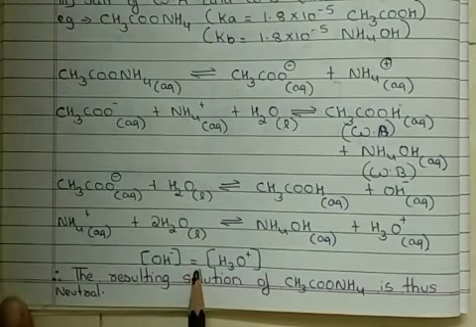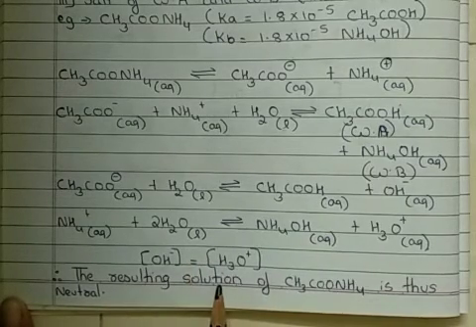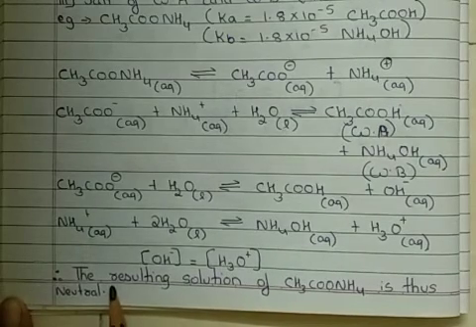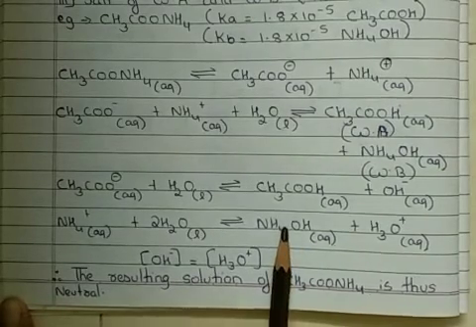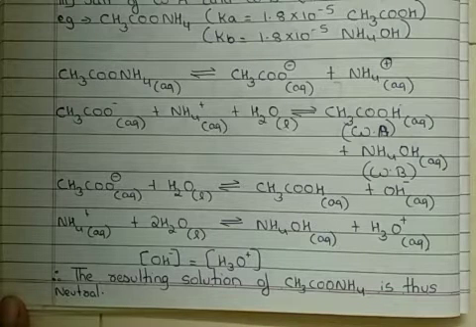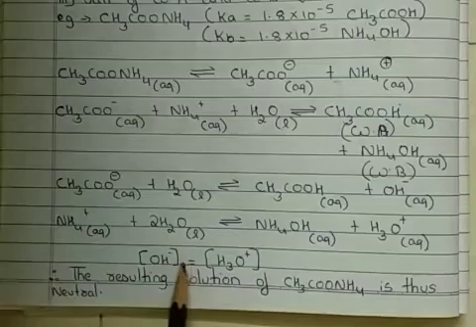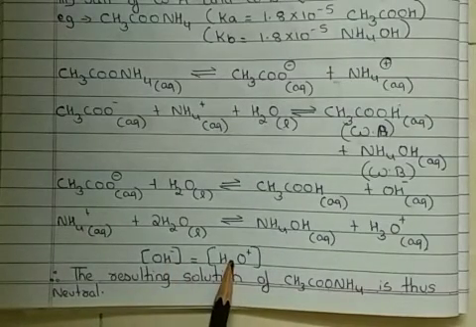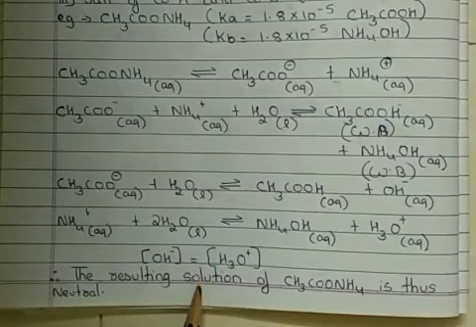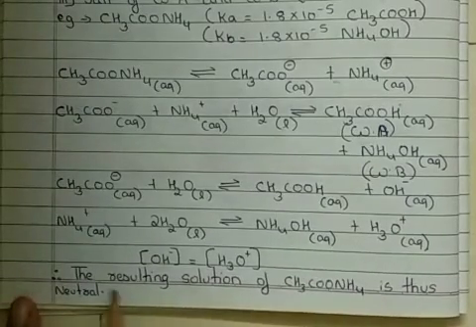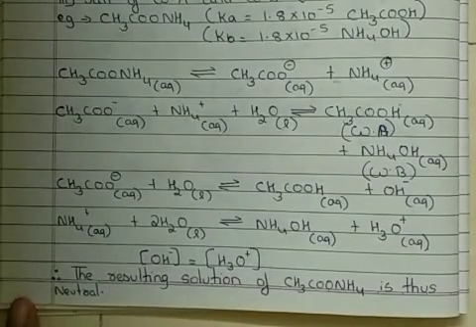As it is equal, the resultant solution of ammonium acetate will be neutral, because the Ka value and Kb value of both the acid and base is same, resulting into the concentration of hydroxide ion being equal to that of hydronium ion. And that is why the resultant solution of ammonium acetate will be neutral, means there will be no color change